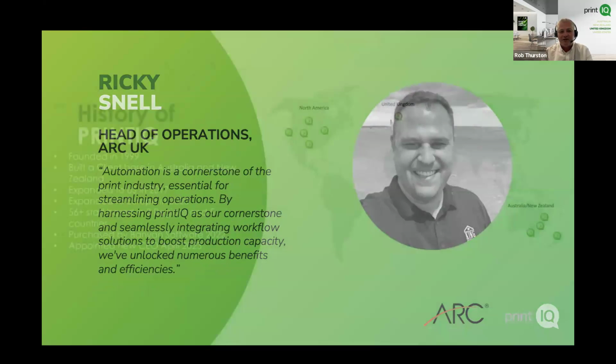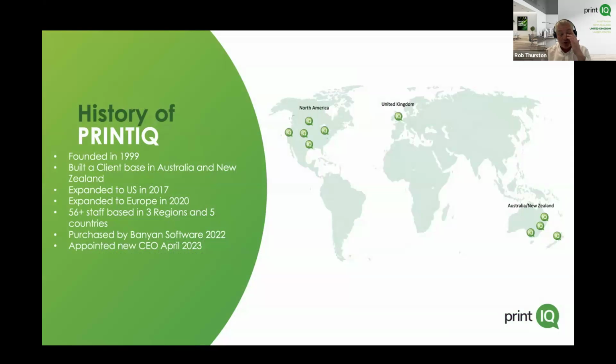Okay, great stuff. So an overview of printIQ, and then we'll go to an overview of ARC as well, so everyone knows what the two businesses are. So printIQ, founded in 1999, it was very much a family-run business. The client base was built out from Australia and New Zealand. That's where Anthony Liu was based, in New Zealand, and that's where the first part of the business was built. We expanded into the US in 2017 and into the UK and Europe in 2020, where we really did have vertical liftoff